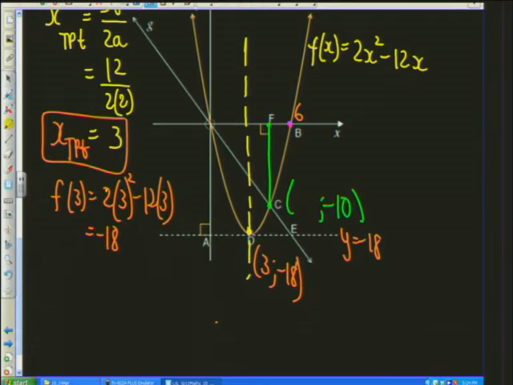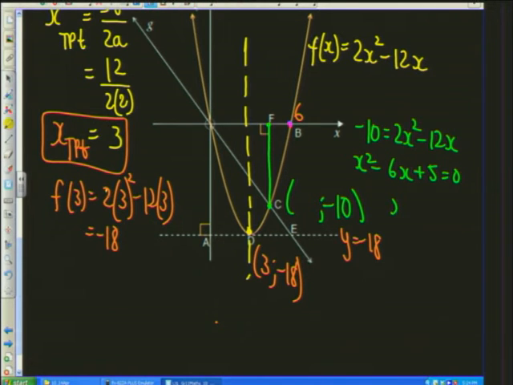And it simply means that if I've got to get the x value of the coordinate, then I would need to equate minus 10 to 2x squared minus 12x. And that would mean I would get an x squared, if I divide by 2, minus a 6x, plus 5 is equal to 0. So I get an x minus 5,